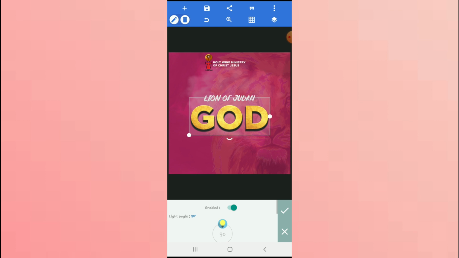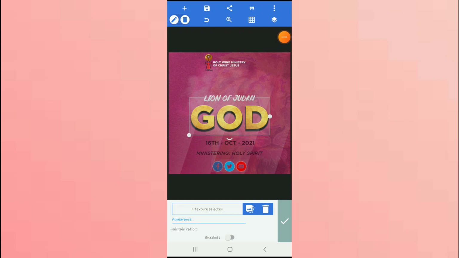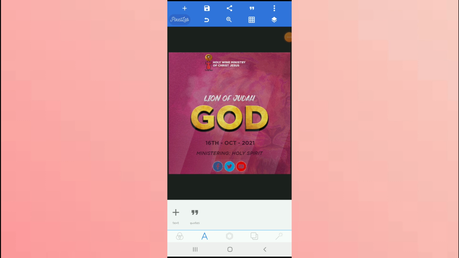And I use the emboss also. I enable the emboss also. So that was the only thing I did. Yeah, so what you want to do is, you can see that our gold has a gradient, gold and yellow